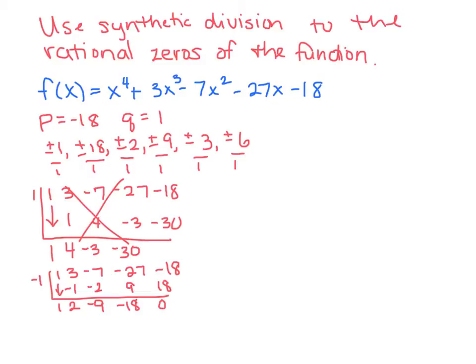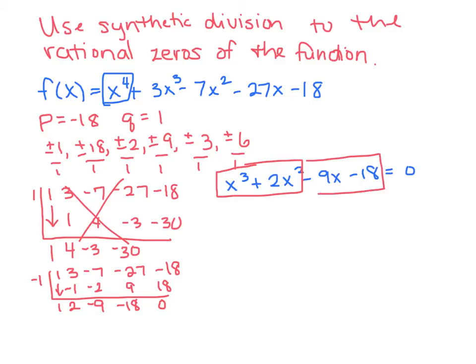So what we have is reduced to one degree down. It was to the fourth power, which means that this is now to the third power. So I have x cubed plus 2x squared minus 9x minus 18 equals 0. So I have 1, 2, 3, 4 terms, which means factor by grouping. So group these two together, group these two together, factor out an x squared, x plus 2, factor out a negative 9, x plus 2,